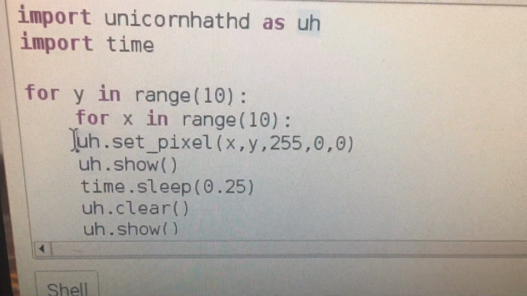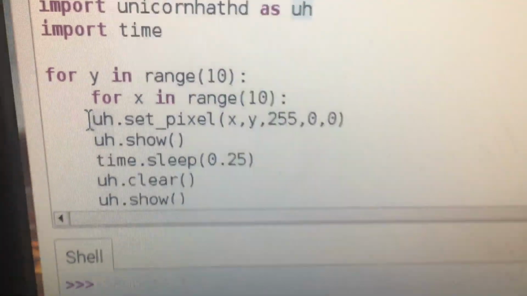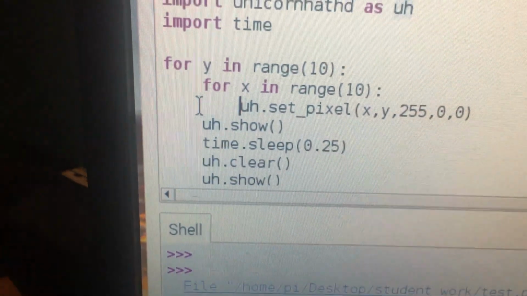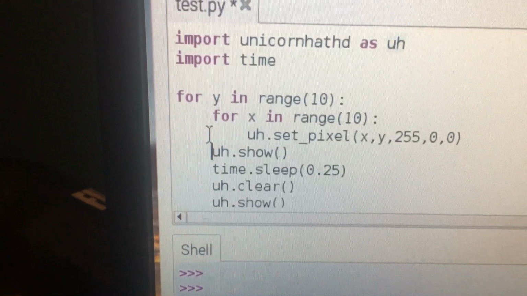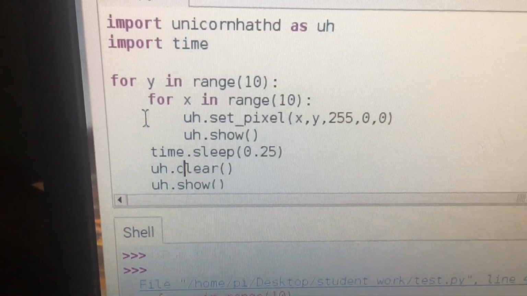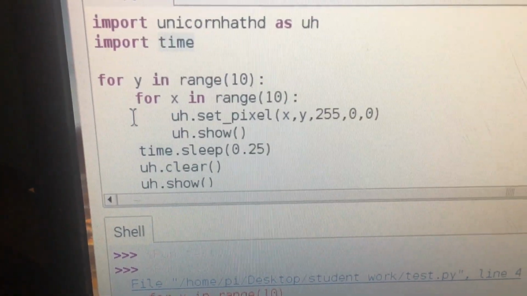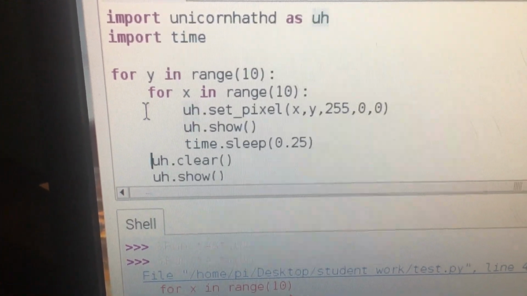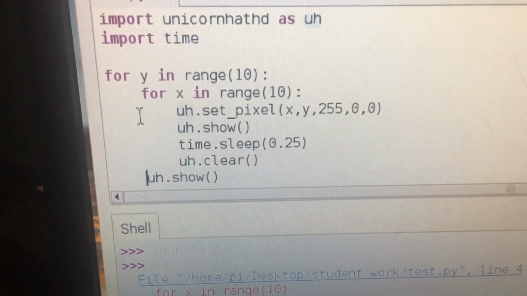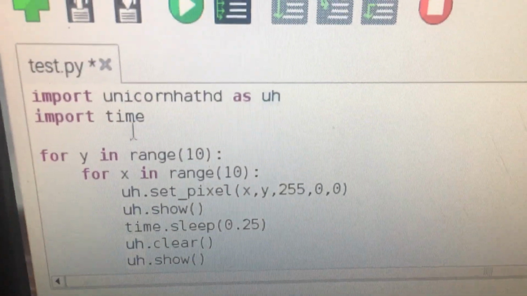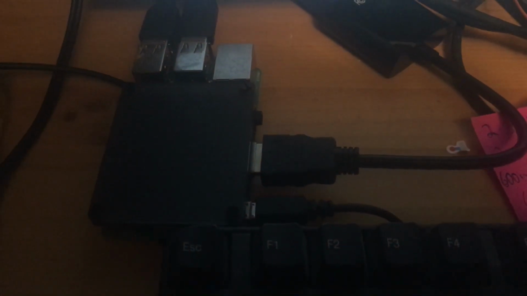So what I'm going to do is I'm going to indent each one of these lines. So I'm just going to go to that one. I'm going to hit tab on my keyboard, and that will push it out. I'm going to hit this one, and I'm going to hit tab. Tab is essentially 4 spaces. So tab, go back here, hit tab, go back here, and hit tab. Okay, now let's try and run this code and see what we get. So if I hit play,